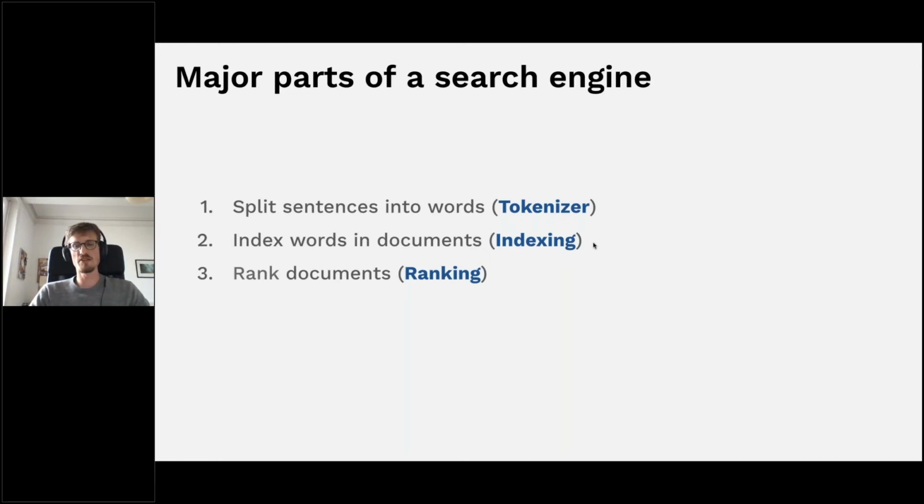Then, in order to have fast search results, we want to index these words in the proper way. So this is indexing. Once we have our documents indexed, we can have users coming in with queries, and we can return documents ranked in a given order, with the most relevant results appearing first. And this is the ranking part. So we'll see how we can use each of these different parts and tune them to use the context that we have.